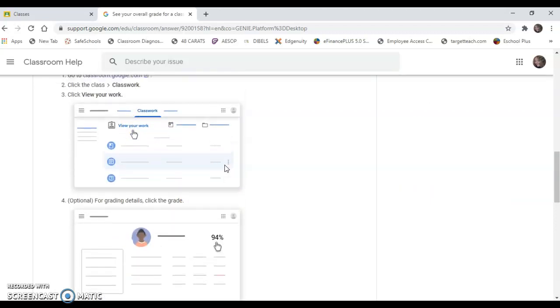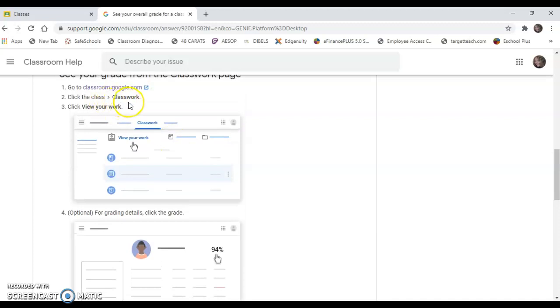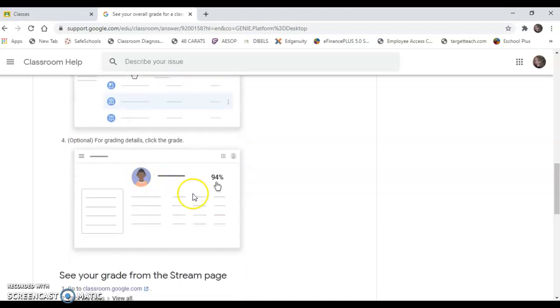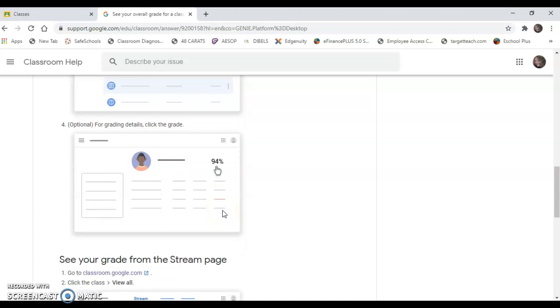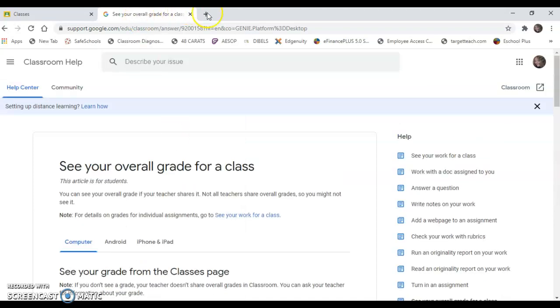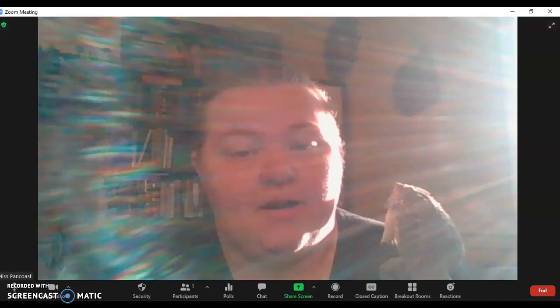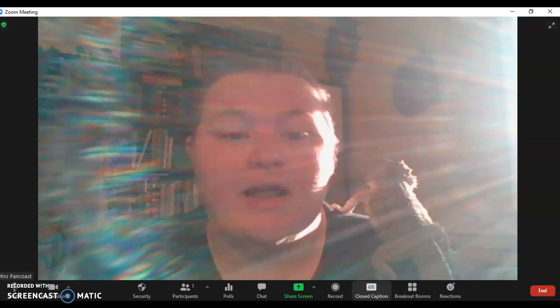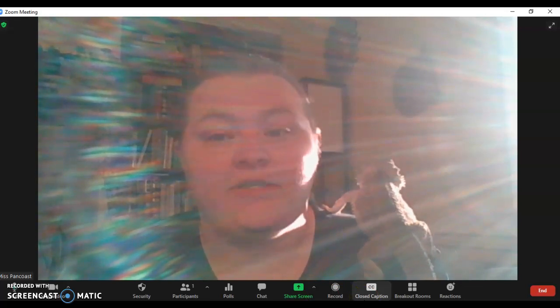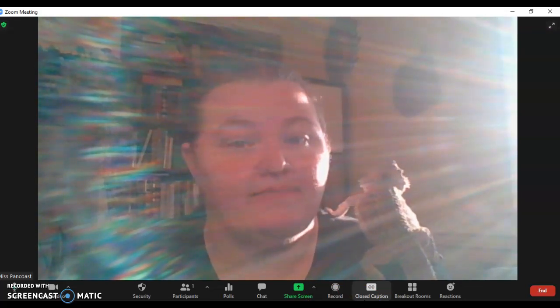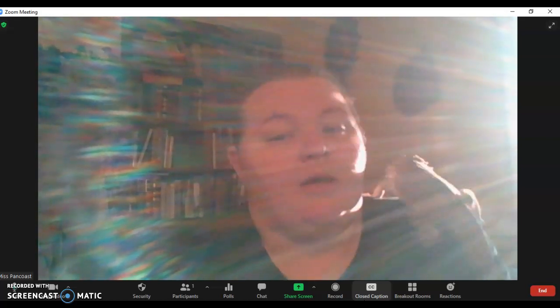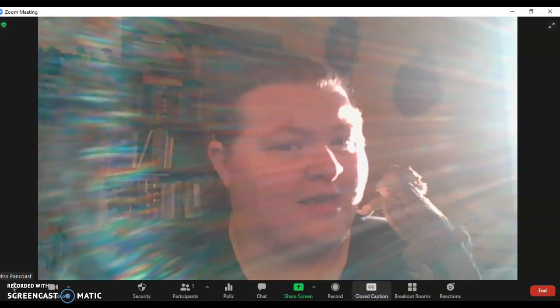The other way to get to it is if you go into the Classwork section, in the upper left-hand corner, there should be a spot that says View Your Work. That can also bring you to the same exact thing. Make sure that you go and check that. If you have something that is not turned in, you need to make sure that you get that turned in so that I can give you credit for it. I don't want you guys to fail just because you're not turning things in. But I will have to if I can't prove that you're learning anything.